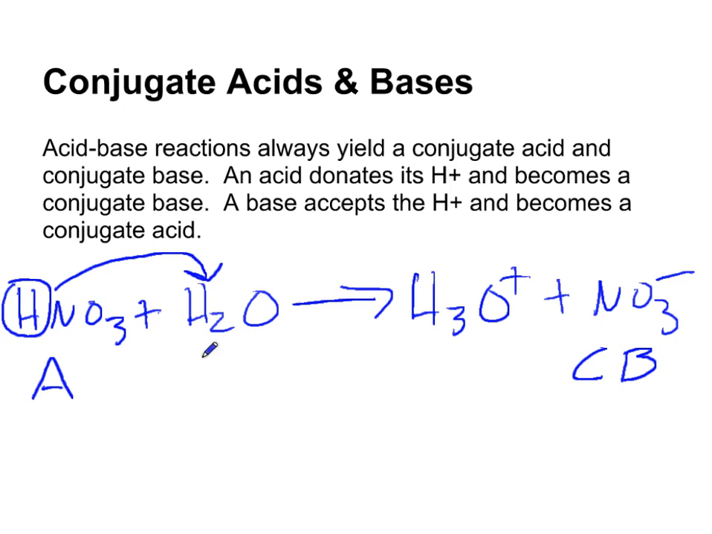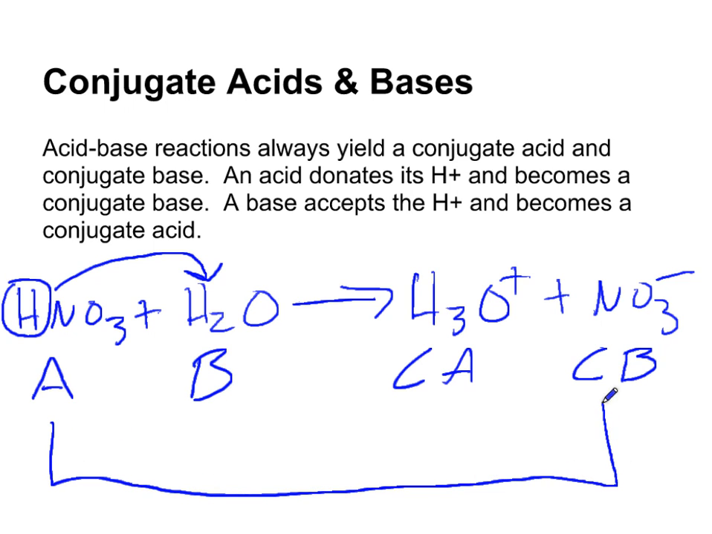Now, water acted as the Bronsted-Lowry base. It accepted the hydrogen ion or proton, and it became the conjugate acid on the other side of the reaction. So acids become conjugate bases, bases become conjugate acids. So if we were to reverse this reaction and put these things on the reactant side,